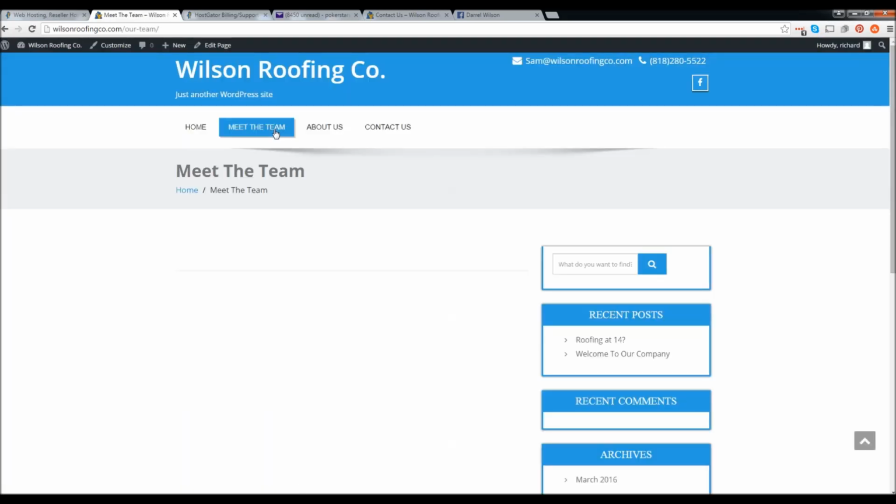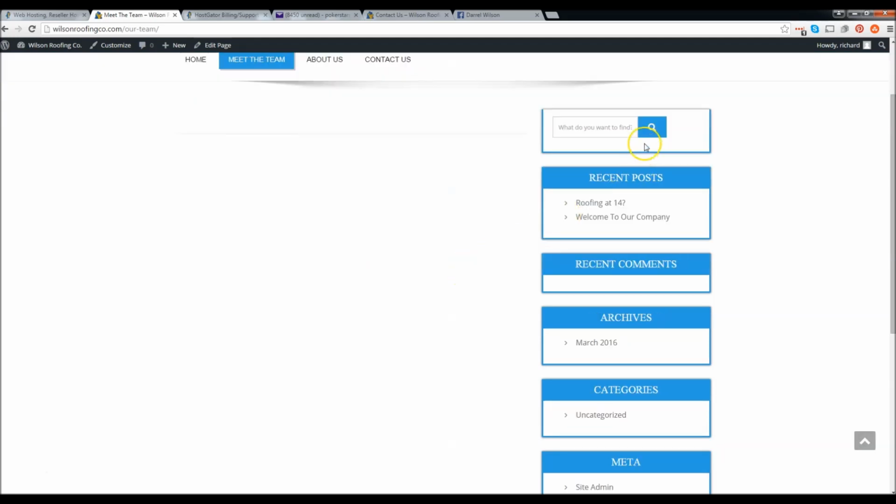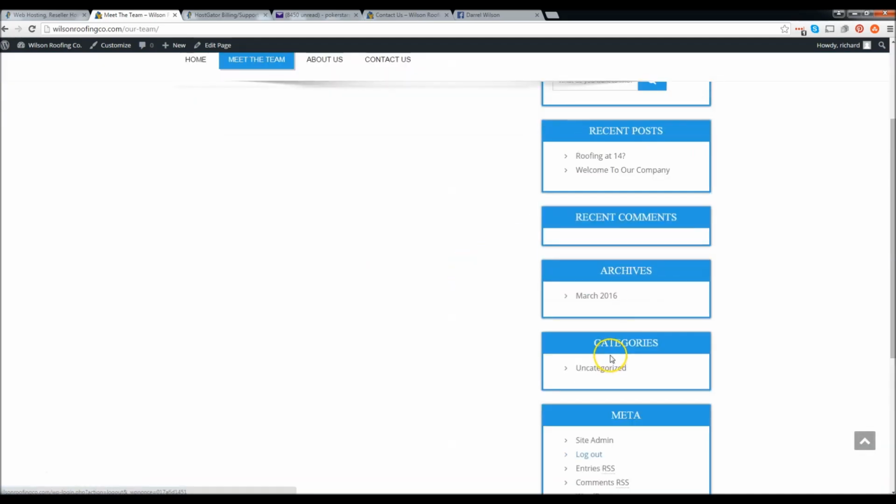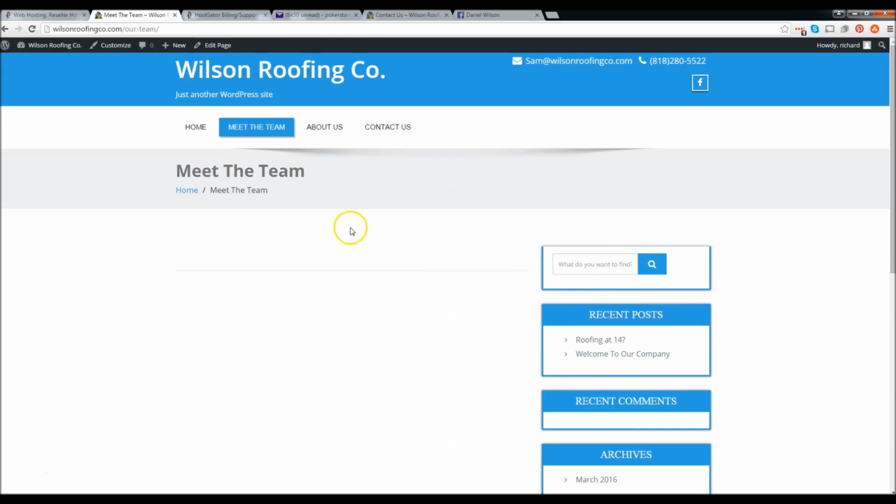Now this is where things can get a little trickier. We want to go ahead and install something that's going to allow us to build the pages. And we also want to get rid of this ugly sidebar right here. We don't need this sidebar right here. So to do that, let's go ahead and first delete the sidebar. Over here under dashboard,